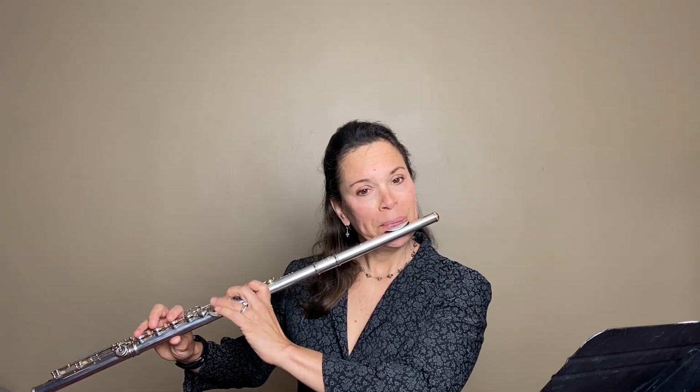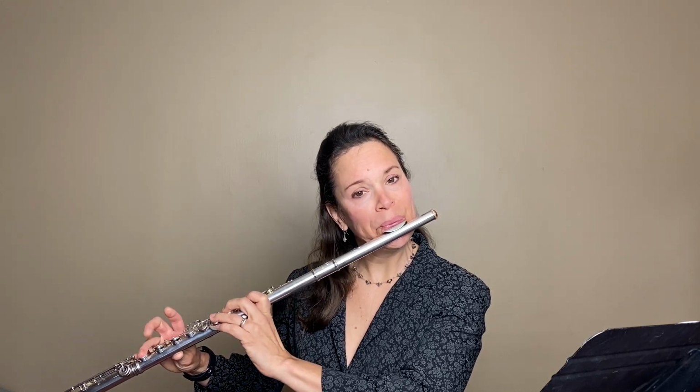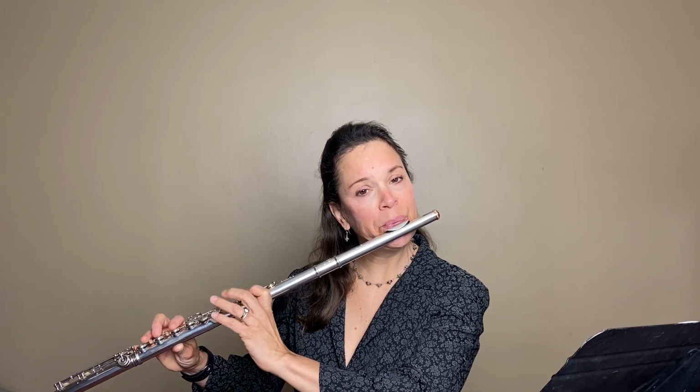The first thing I would do is pick one of the keys. So I'll just take G major and play through it and sort of assess where does it feel uncomfortable or where do I hear that the notes aren't even. So I notice in my own playing, and most people would probably agree, that some of the right hand technique isn't as stable as I would like. So if I find a passage or a measure to focus on,